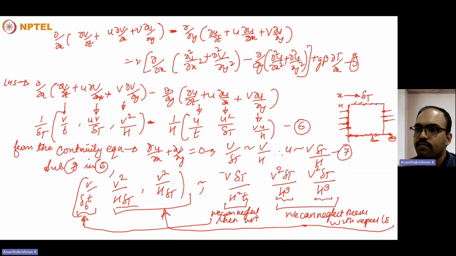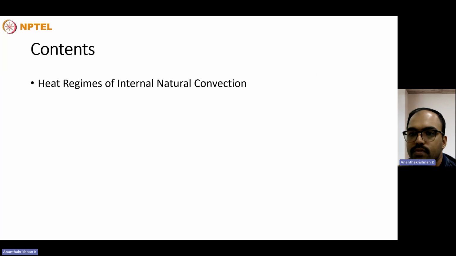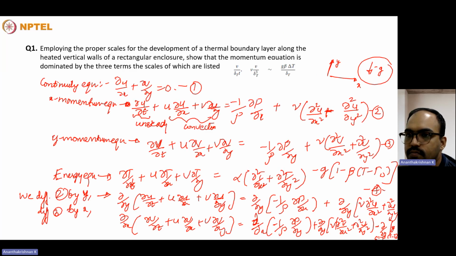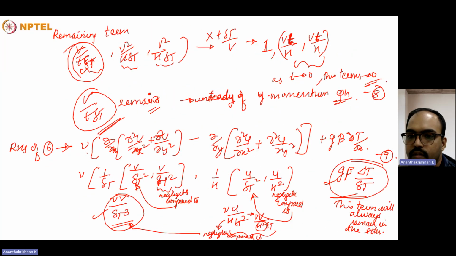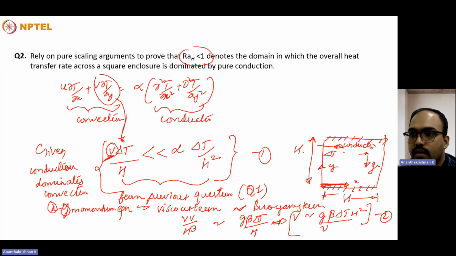So that completes the session for today. In this week, we saw a few particular problems on internal natural convection. The first was a derivation problem for the scaling analysis for internal natural convection. Based on the scaling, we determined that these terms, the inertia term, unsteady inertia term, viscous term, and the buoyancy term, are the significant ones for the internal natural convection case,